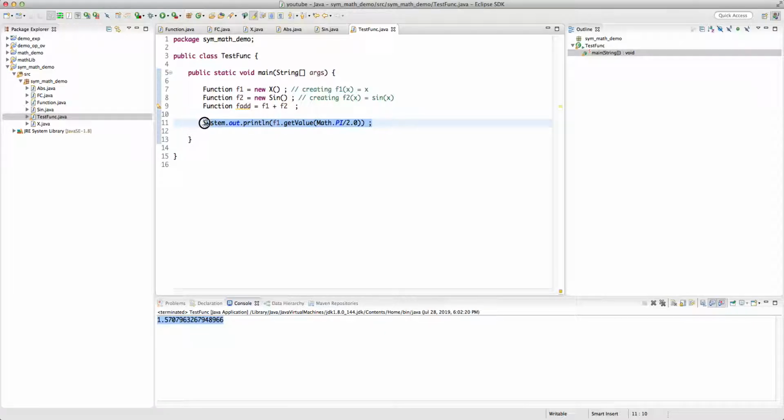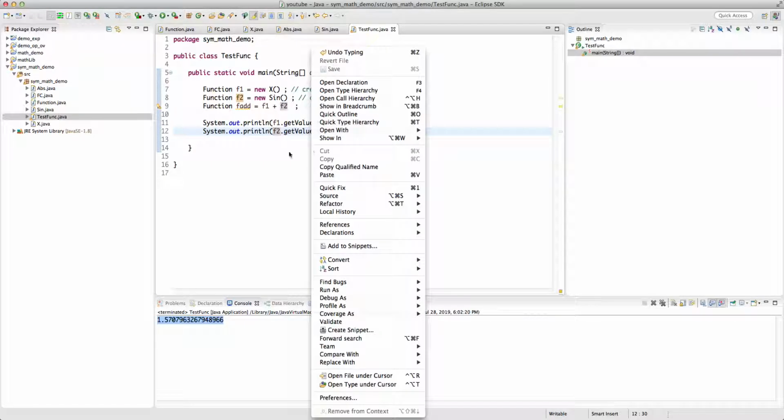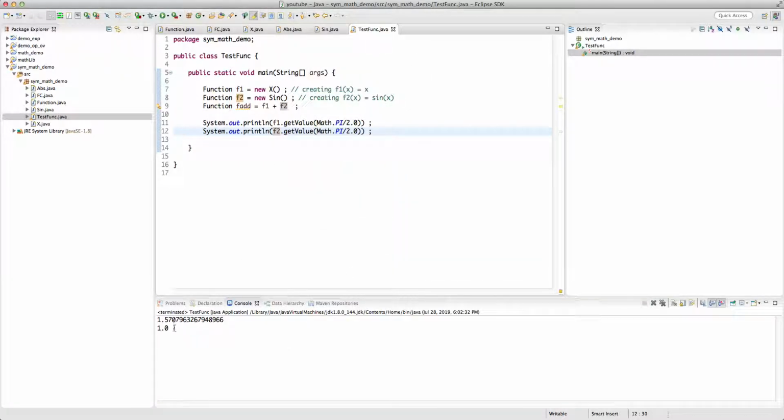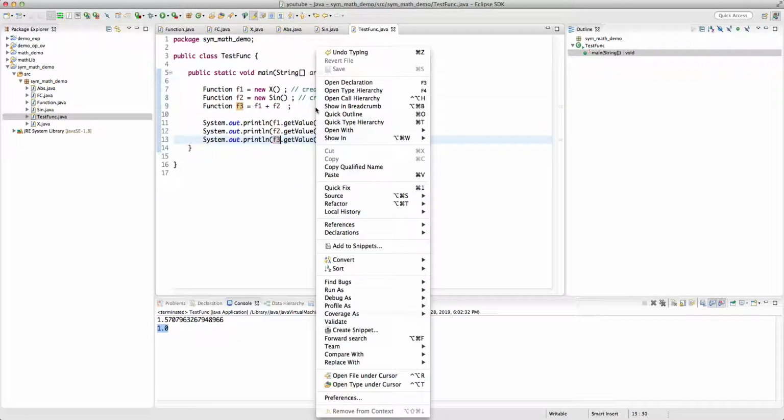And then let's get f2.getValue at pi over 2, should be 1, and let's have the fadd, or maybe let's just change it to f3. It makes it easier. f3